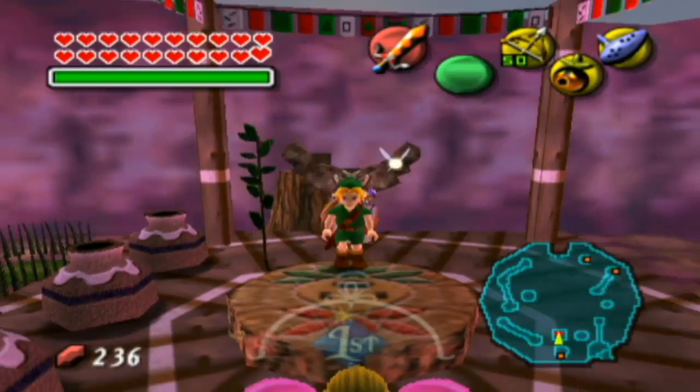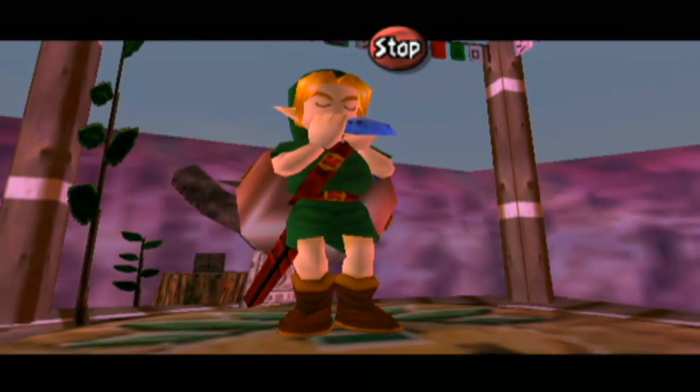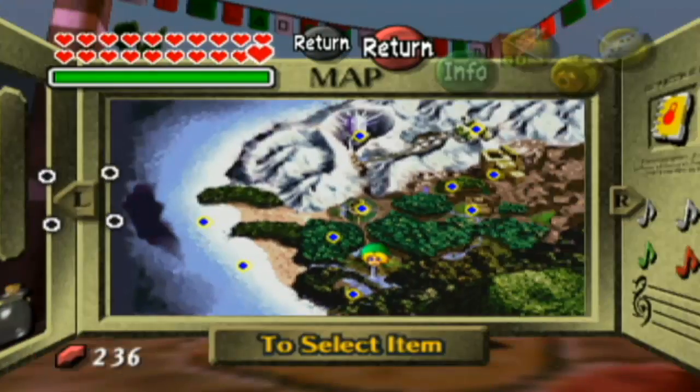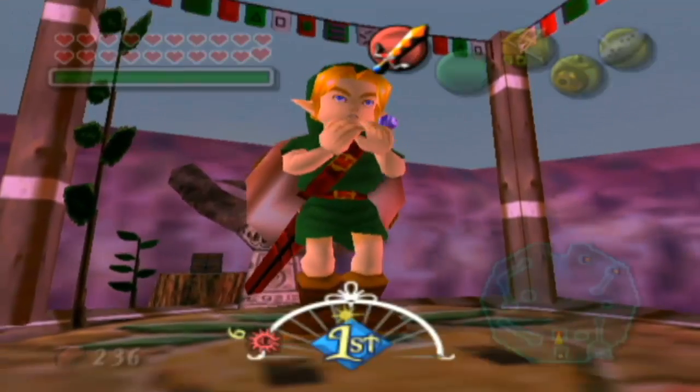Alright, we're here at Woodfall. I'm going to bring the temple to life. And of course, we have to change into Deku. Paladin, what are you thinking? We're changing to Deku. Jeez. Of course, they keep forgetting the song. And we need a Deku mask. I don't know what I was thinking when I did this again, but...